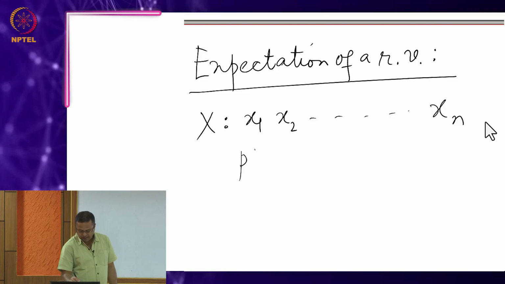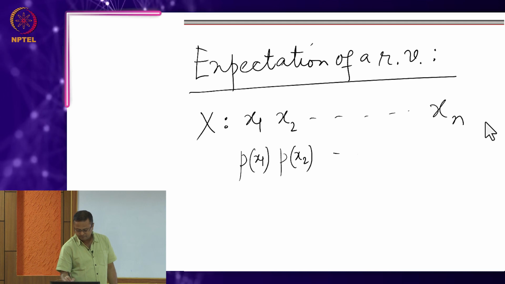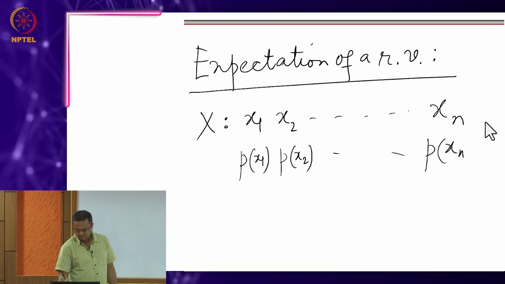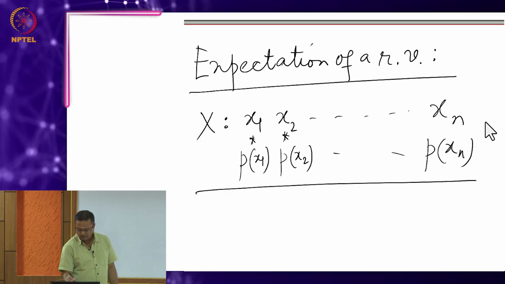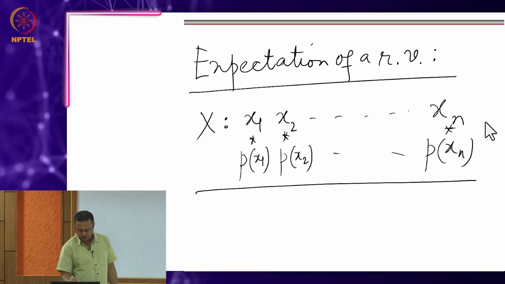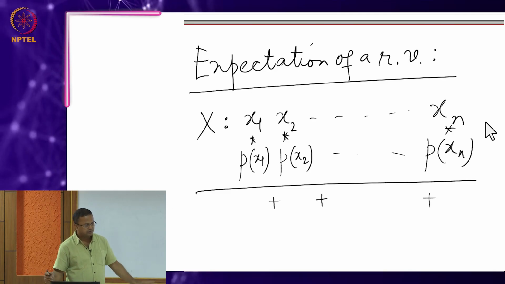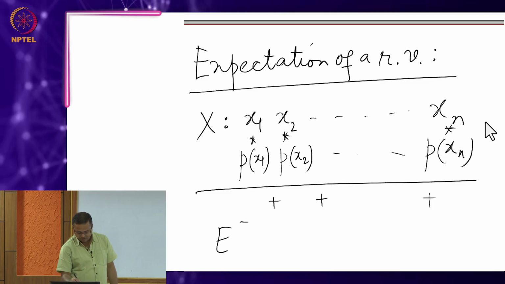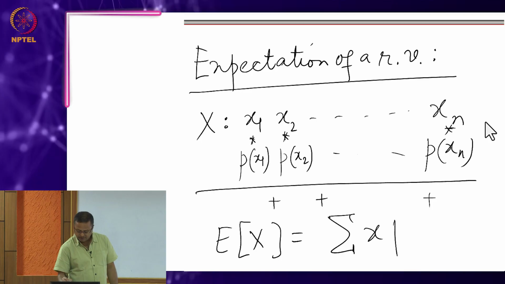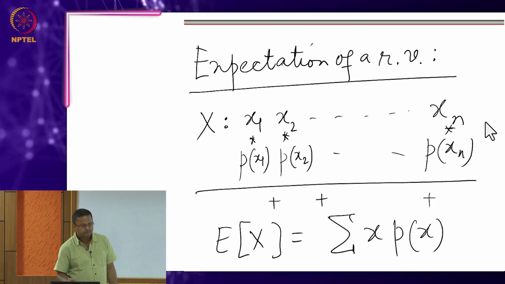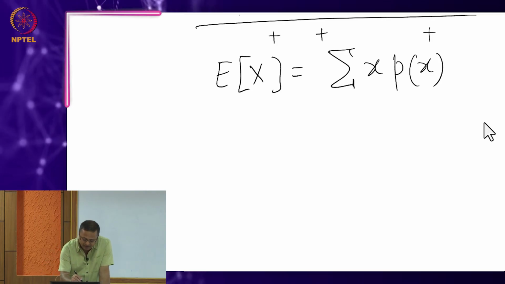Okay. So, you will have their corresponding probabilities, and expectation is nothing but these things taken product together and then you sum them, right. So, simply put, expectation is nothing but summation x into p(x). Our favorite random variable